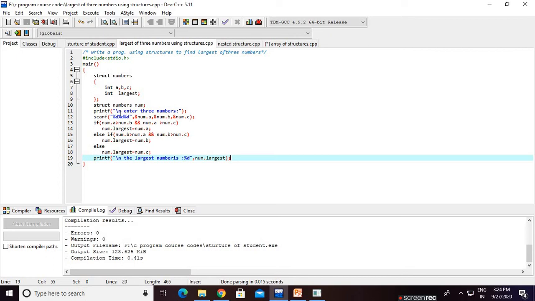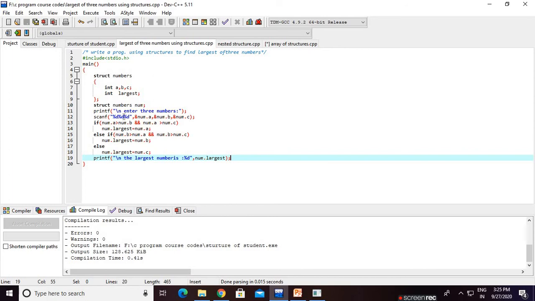Next, now we are comparing. How to compare? I already showed you in my previous video that we cannot compare two structure variables. We just compare the members of the structure, like num.a. a is a member of num, and the same for b and c.